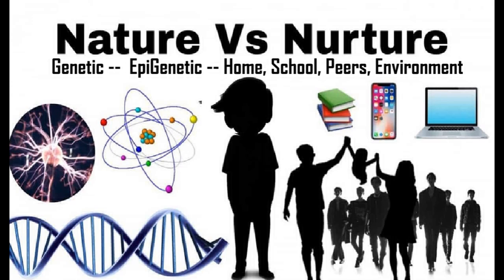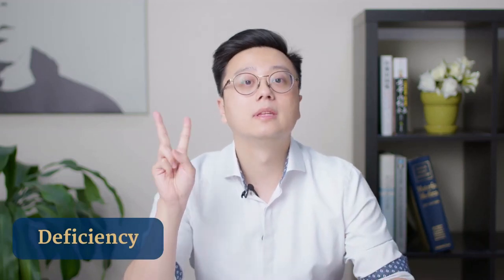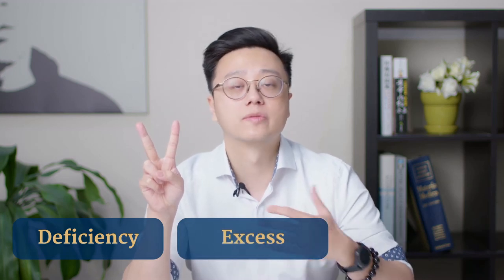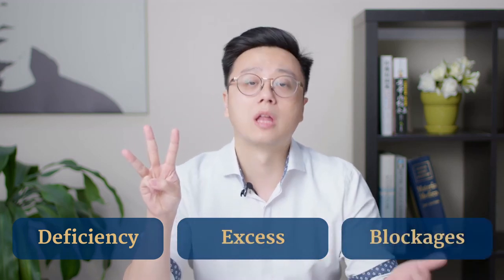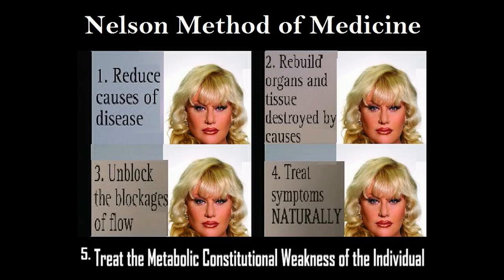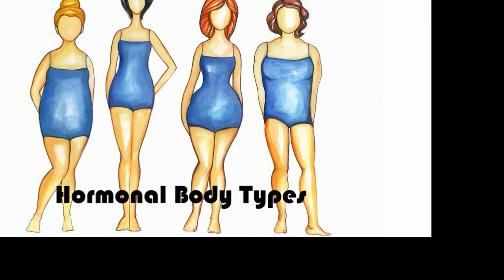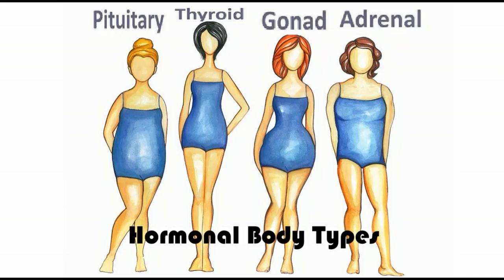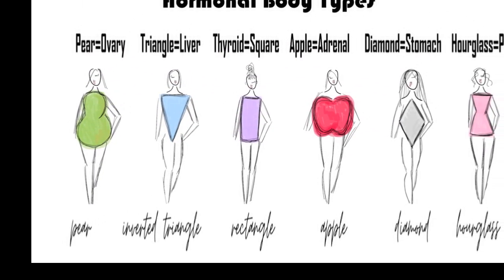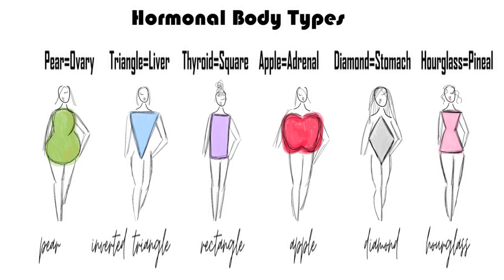We need to put this into our medicine. Deficiency, which means your body is lacking something. Excess means your body is having too much of certain materials. And third, blockages. You don't have to have all of the following symptoms to be categorized into that body type. In the Nelson method, we have looked at deficiencies, we've looked at blockages, we've looked at the causes in order to understand more. And we start to get an idea of some of the hormonal aspects, of some of the endocrine functions that also create a type of constitutionalism, and we develop a way to treat them.